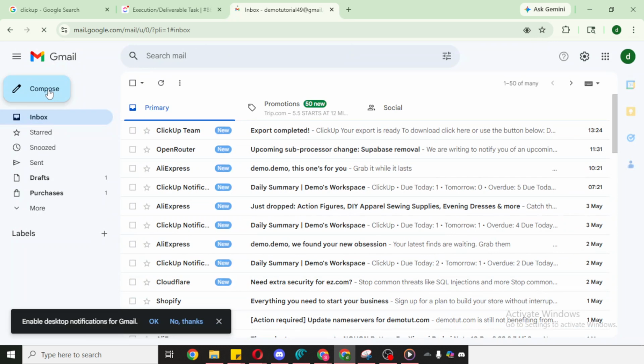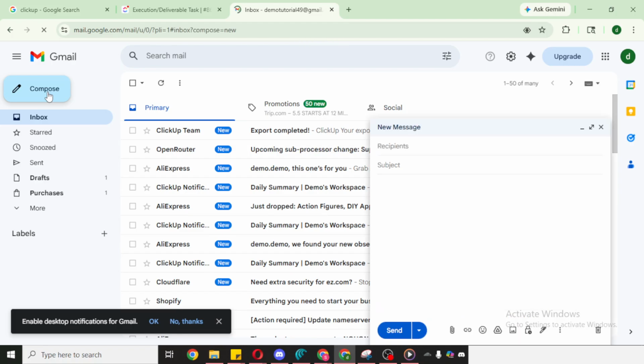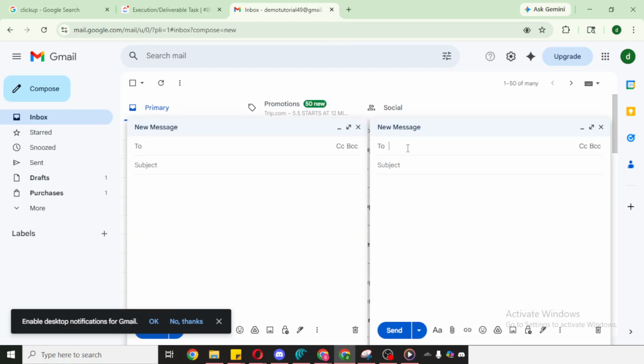Open ClickUp, navigate to the specific task, use the three-dot menu to generate and copy the task's unique email, compose your message in your email app, paste the address, enter the description and body, and click Save. This simple workflow keeps information flowing smoothly and ensures your team always knows where to look for the latest updates.